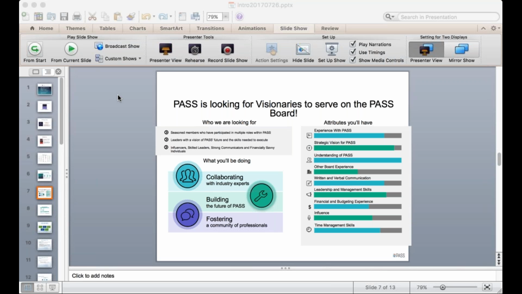Yes. Okay. So here's the information about the business analytics. Here's the information on the PASS Summit. No, we don't see that. We see the slide about PASS is looking for visionaries. It's not in presentation mode.